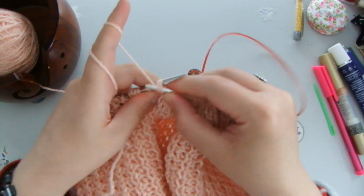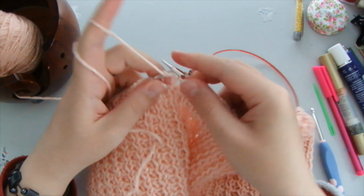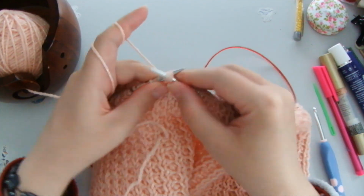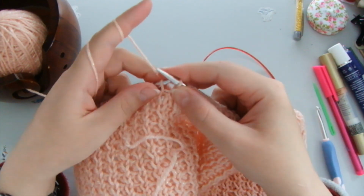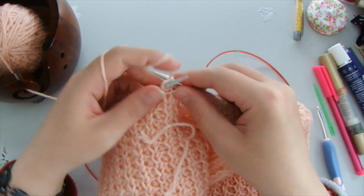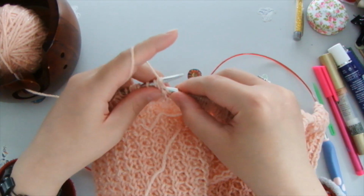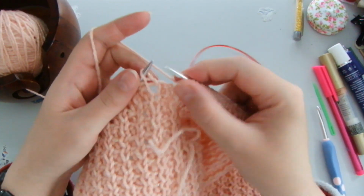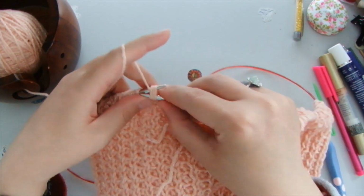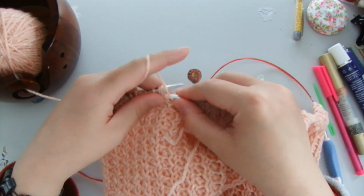So we combine the first row with the second row, and you work to the size of head that you need. If you have a smaller head than mine, than 85 centimeters for instance, you can cast on fewer loops to make a smaller size hat,